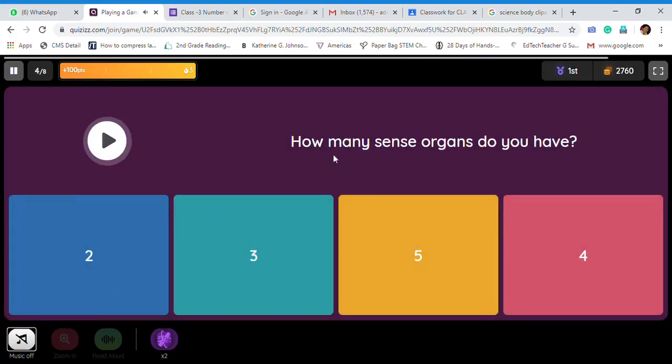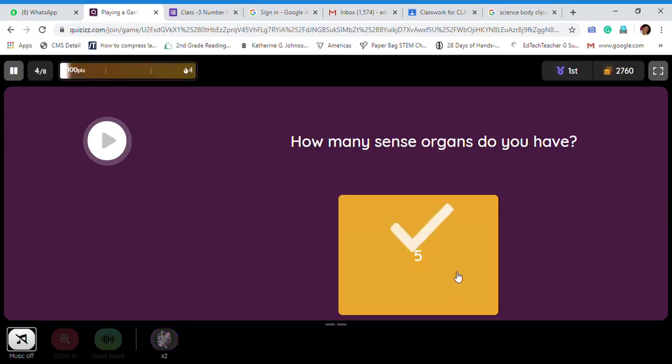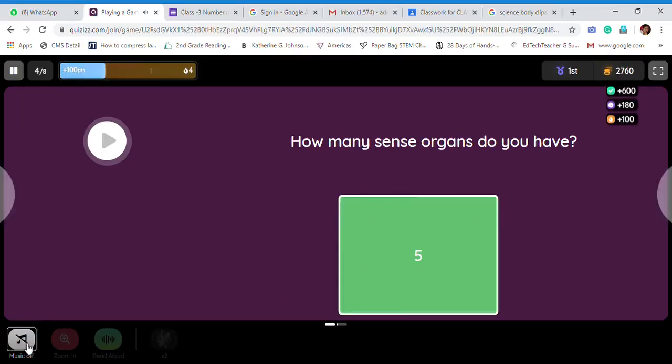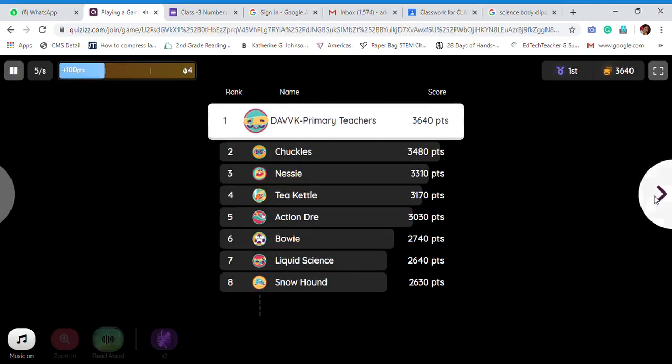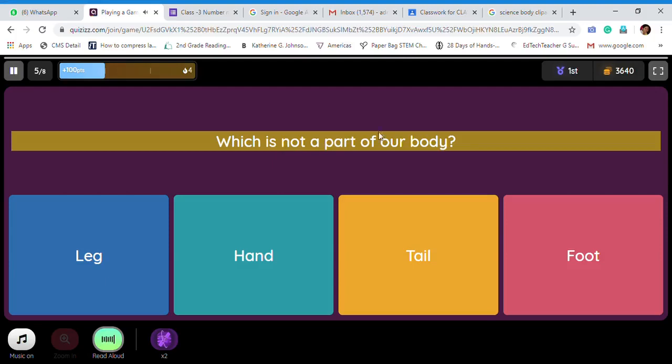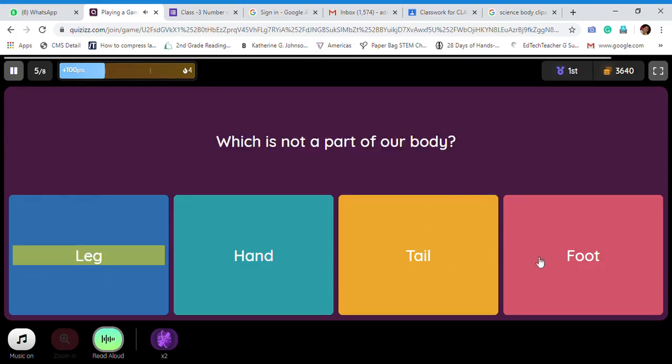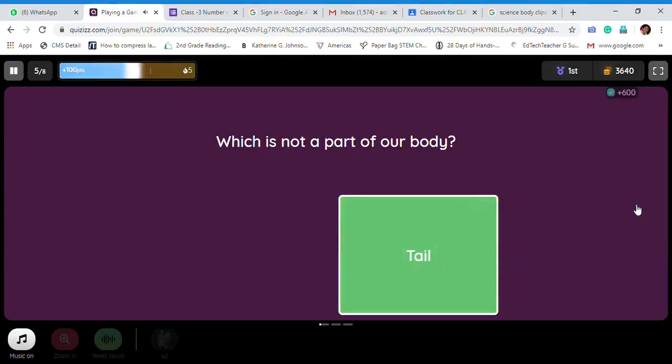As I have recorded in this question, that's why read aloud option is not worked here. As already there is an audio. So if you don't want to record audio, already there is the read aloud option. Okay, timer is going on, so I have to click the option. Question: which is not a part of our body? Option 1, leg.